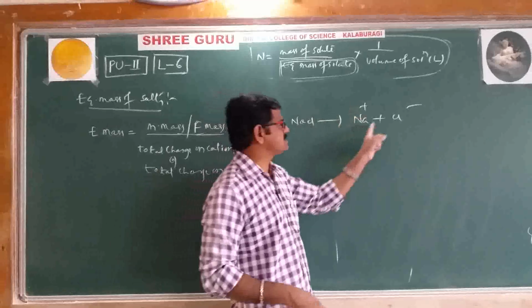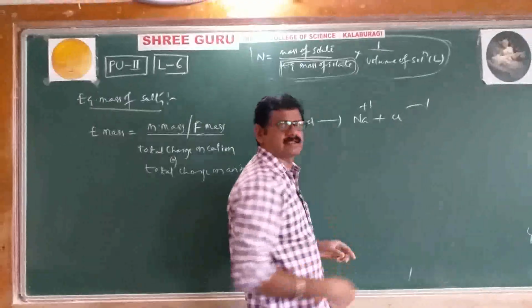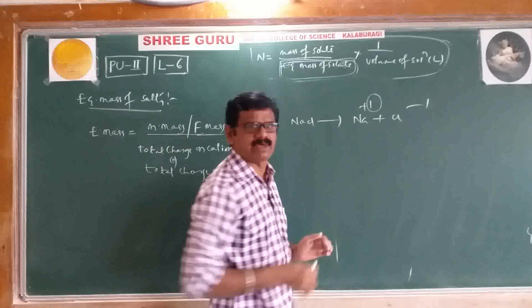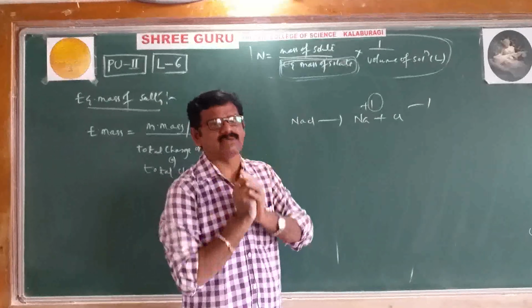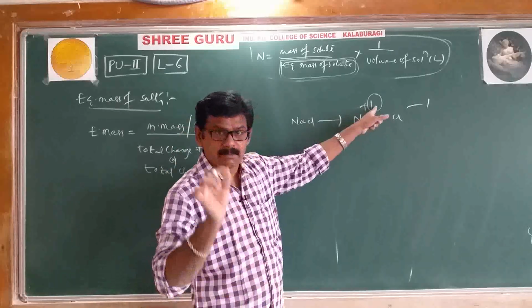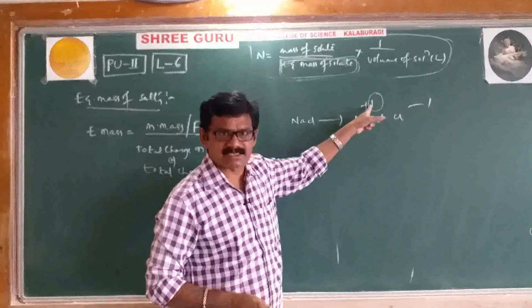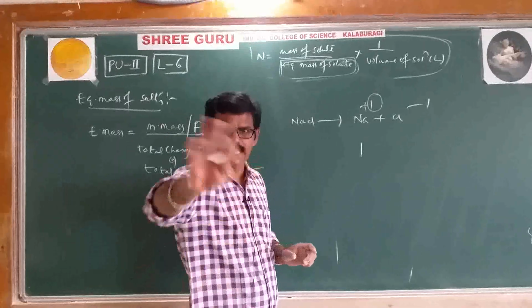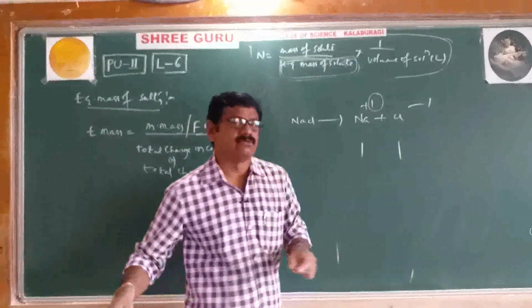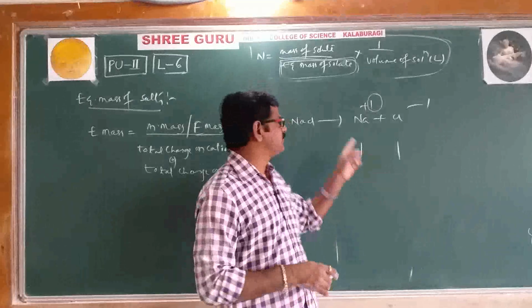Then here, what is the total charge on the cation? Total charge is nothing but plus means plus 1, minus means minus 1. When we use the word total charge, we have to tell just the magnitude, the quantity only. We should not tell the sign. That's why total charge on cation is 1. Don't tell plus 1. Total charge on anion, of course, 1. Don't tell minus 1.